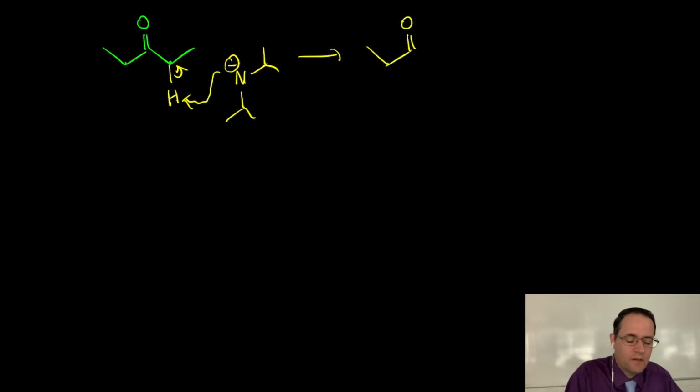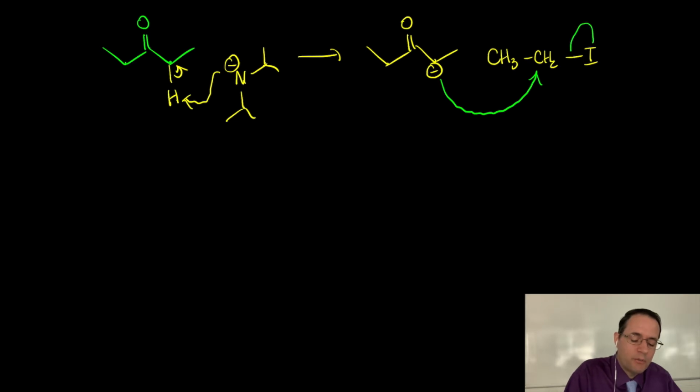As I mentioned, there is no more substituted side, so when we have LDA, we take the diisopropyl amide, draw the arrow pointing to this alpha carbon, and that's how we draw a formation of the enolate. It's a good nucleophile, it's negatively charged, and that's going to attack ethyl iodide. So ethyl iodide, remember, is an ethyl group attached to a good leaving group, iodide. And so this negative charge is going to attack this primary carbon, kick off the iodo group, and that's going